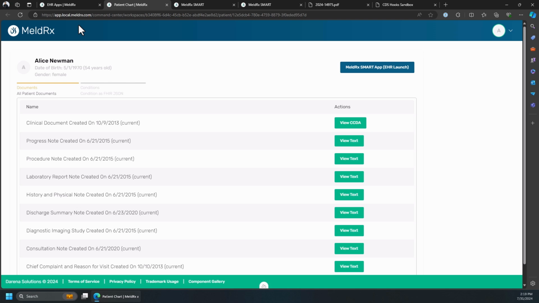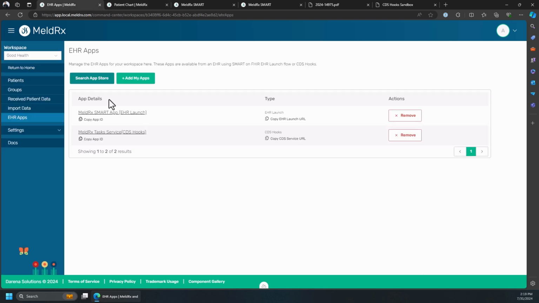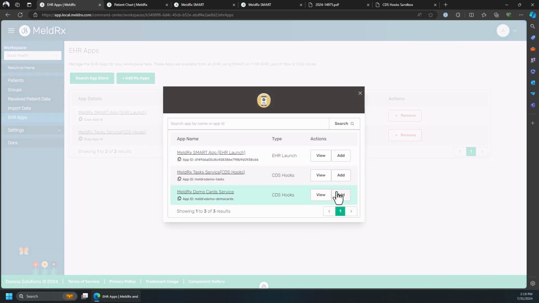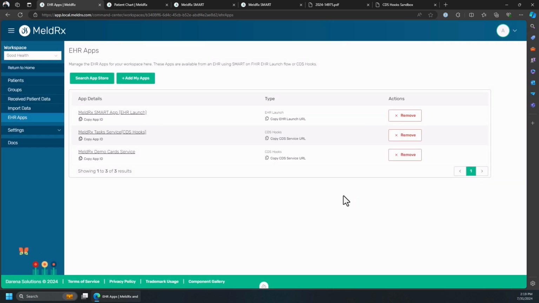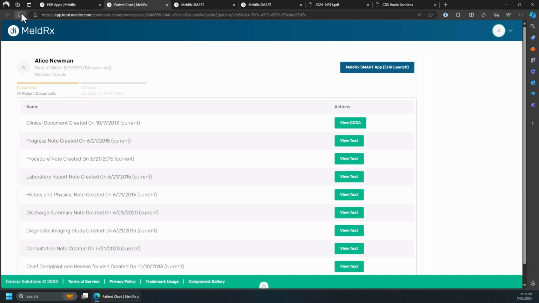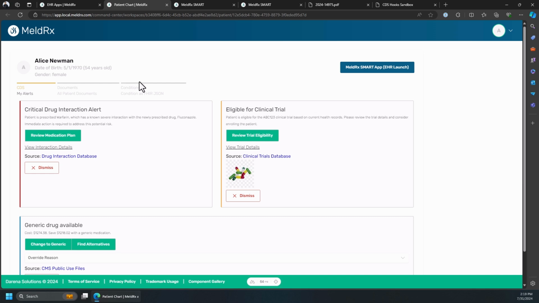them complete critical tasks. Let me just show you some other examples that we have added as example CDS hooks apps. So I'm going to add this demo card services. This is not actually real services, but it helps you see the different options that are available with CDS hooks. So now what you're looking at is the different kinds of cards that can be serviced by different